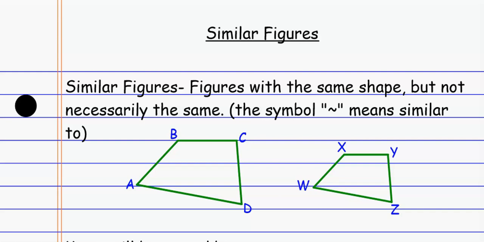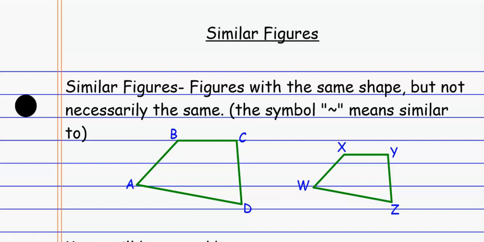Hi there, folks. Today we're talking about similar figures. Similar figures are basically objects of the same shape, but not necessarily the same size. If you think about something like an action figure, it is supposed to look like the real version of that thing, but it's smaller, it's scaled down. If you've ever had a toy as a kid that was supposed to mimic something else, like